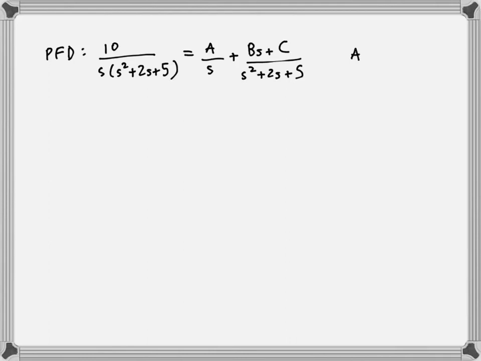What you end up finding out is that A is 2, B is negative 2, and C is negative 4. All right, so if we go back, it means that we have 2 over s plus, and then this becomes